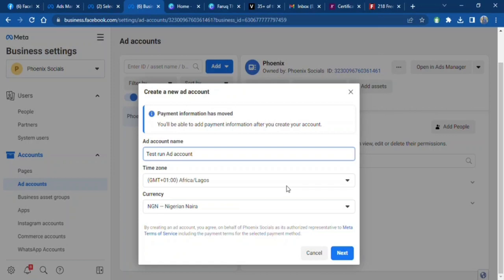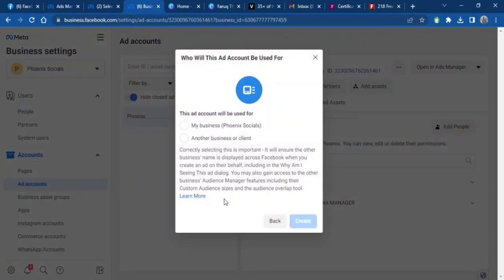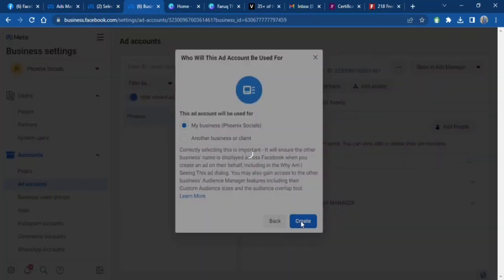Make sure the time zone is your city. Make sure the currency is your currency, in this case Naira. So you click on next. Remember that I chose a business before as Phoenix Social, so I'll click that business again as what I'm going to use the ad account for. Click on create, right? So when you click on create, it would ask you to do one or two things,